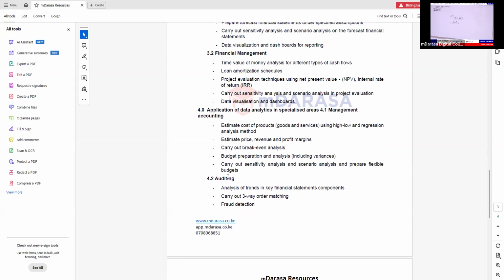The other key application, which is amongst the specialization area, would be expected to understand auditing very well. Will be expected to understand the concept of auditing. At some point, before you reach this level, you must have done auditing somewhere, even if you hadn't specialized with auditing at this level. So using that knowledge, will you be able to apply the same concept here? These are what we'll be looking at.